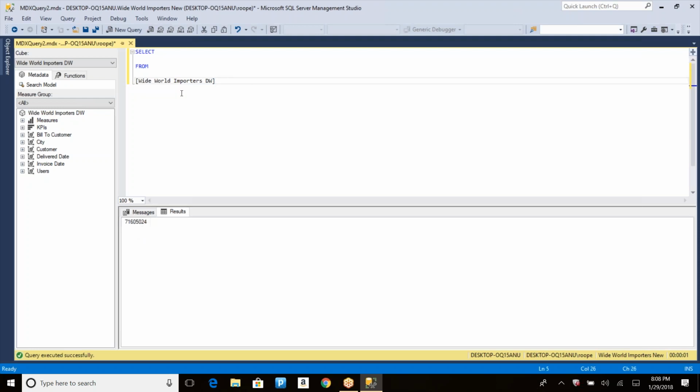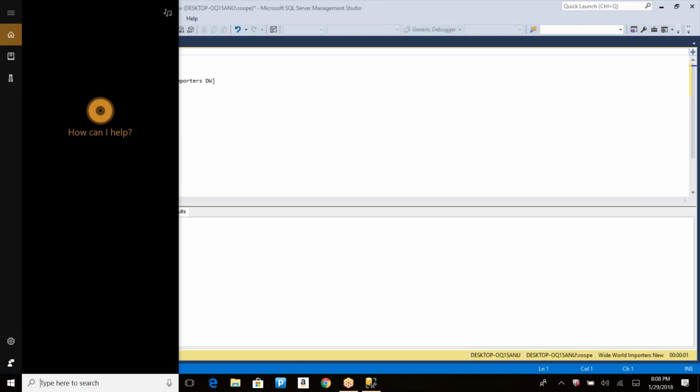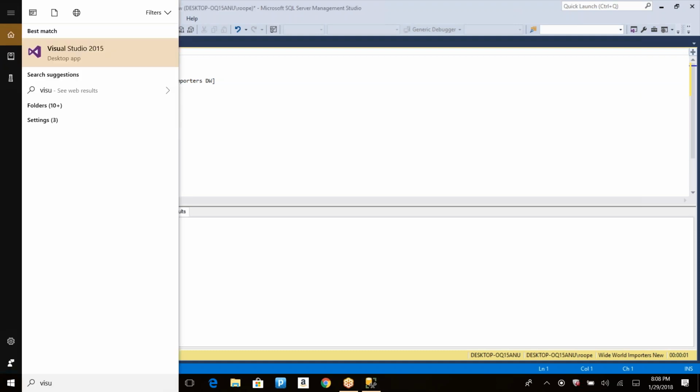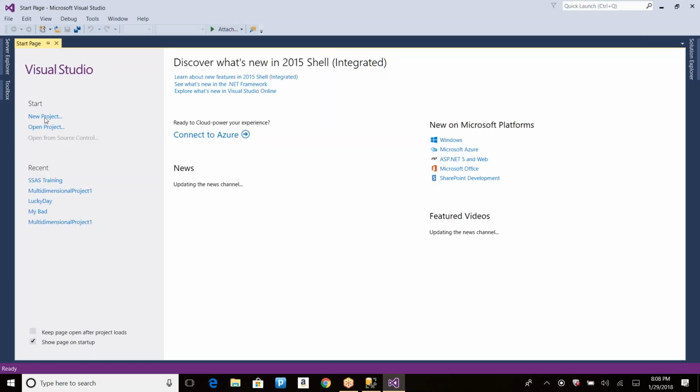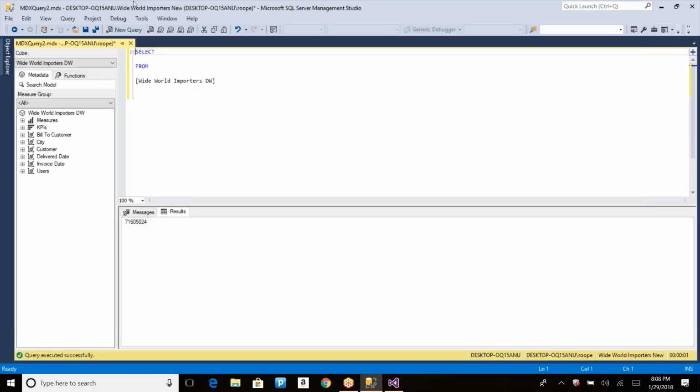Now let me get a different value. How can I get that, what are the different axes, what is an axis, and so on. We will be discussing all those things. Before that, let me quickly open Visual Studio just to show you the default value property of the analysis services cube. While it opens,